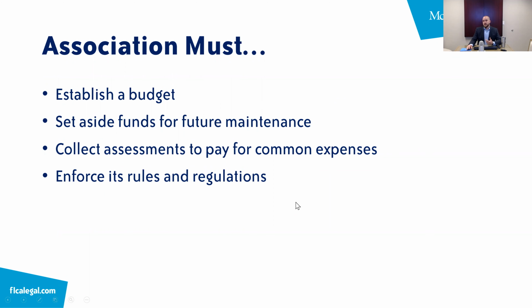So some of the things the association must do. The association must establish a budget. That's going to be your roadmap for what your budgeted expenses are for the year, how you're going to derive your income. You want to set aside funds for future maintenance, collect assessments to pay for the common expenses, and then enforce